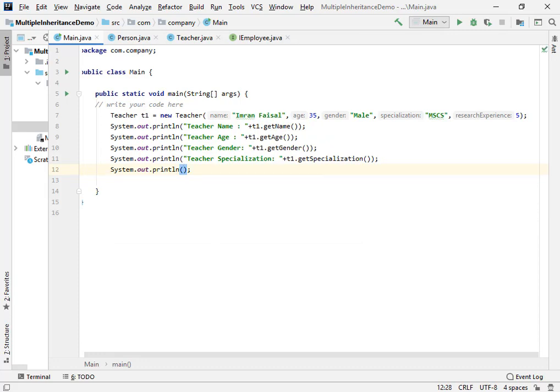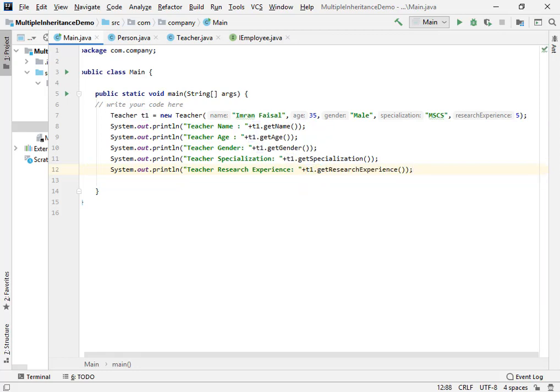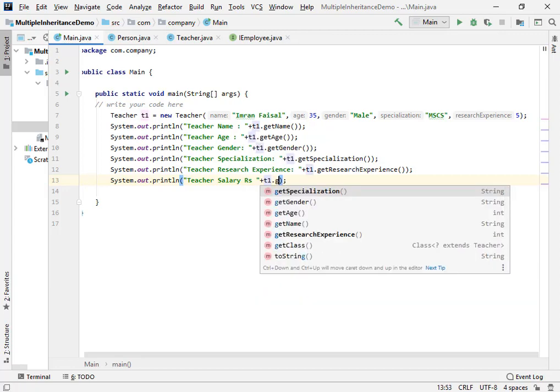So as you can see, we are just printing out the values which we have initialized by creating an object. Okay, research experience, so this would be retrieved by getResearchExperience method. In the same way I'm gonna also print out the salary information, teacher salary in rupees. We're gonna include t1.get, so we have the salary method.